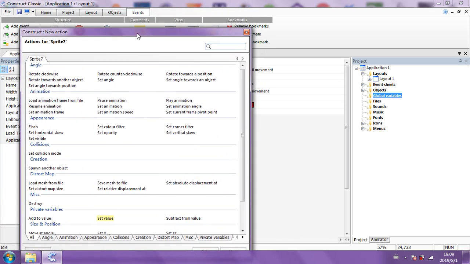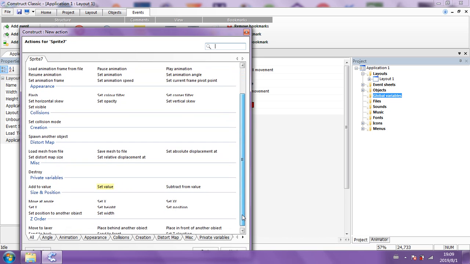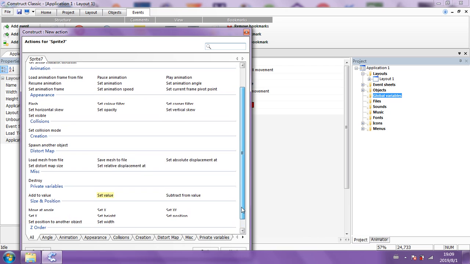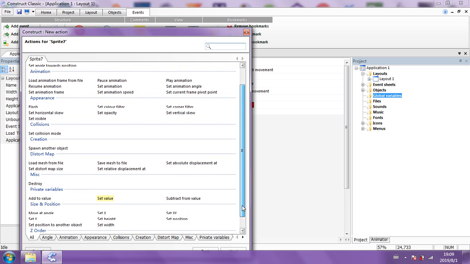It should be a separate object. Set absolute displacement, map size, distort map size, set position to another object. I've got no understanding of where. Destroy. I don't understand why it's not working.